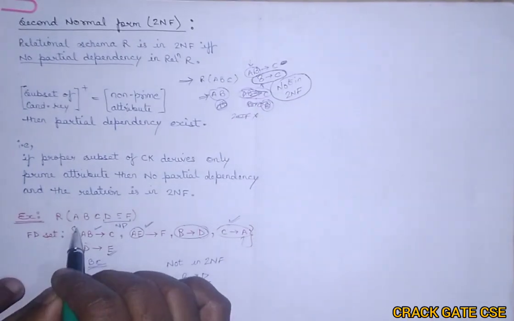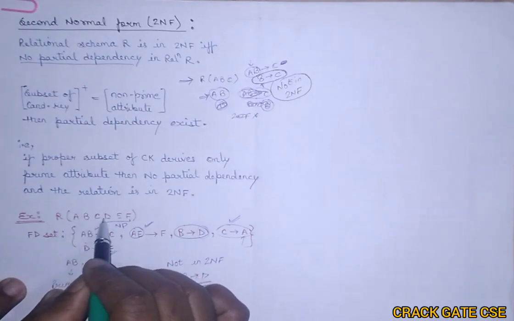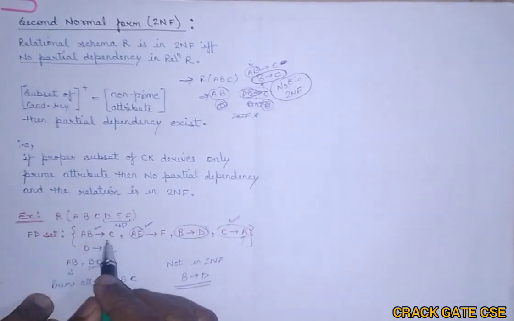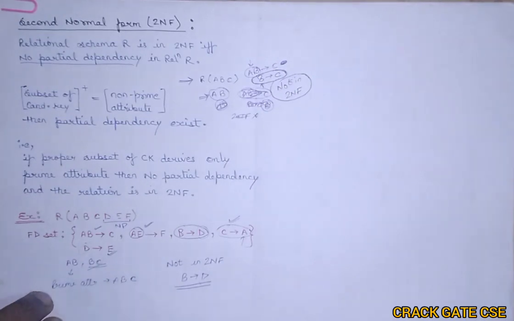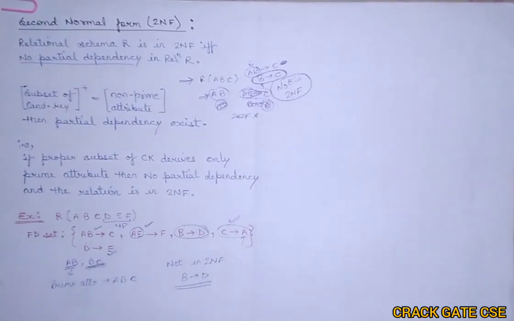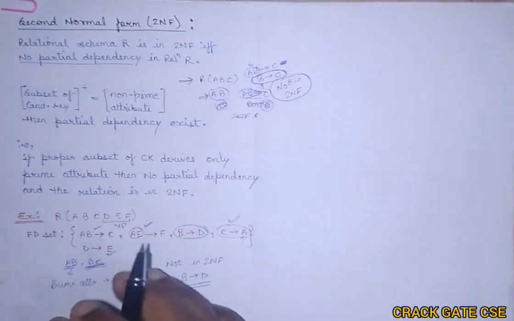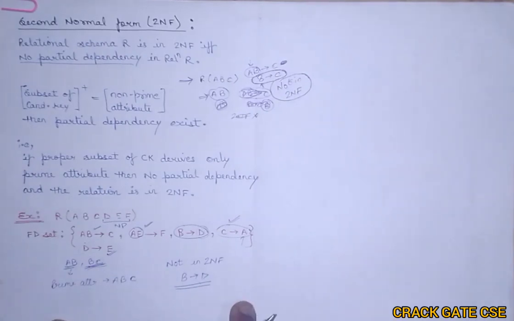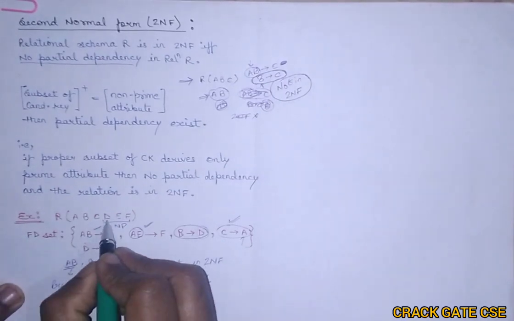So you can see that I am having a relation R with 6 attributes and these are the functional dependency. So what are the candidate key? So first of all we need to find out the candidate key. So AB and BC will be the candidate key. I am not discussing that how to find out the candidate key, as I already told you in the previous video. So these two are the candidate keys. So on the basis of these candidate key, we can find out what are the prime attributes and what are the non-prime attributes. So A, B and C comes in this key. So these are the prime attribute. Rest are the non-prime attributes. So D, E, F are the